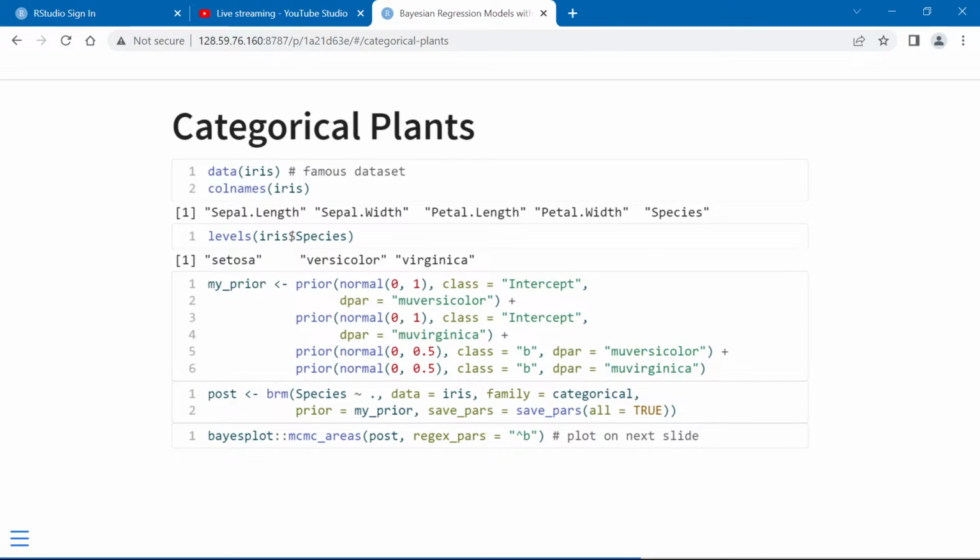And so to do that, we need to indicate not only what class of parameter we're trying to pertain this to, but also the part of the model. So the expectation for the probability that your iris is a versicolor or a virginica is a function of these things. Anyway, we specify a formula, species predicted by everything else, in the iris data set. We specify family equal categorical, whose default link function is log, like it had on the previous slide, etc. And then we indicate which priors pertain to that,